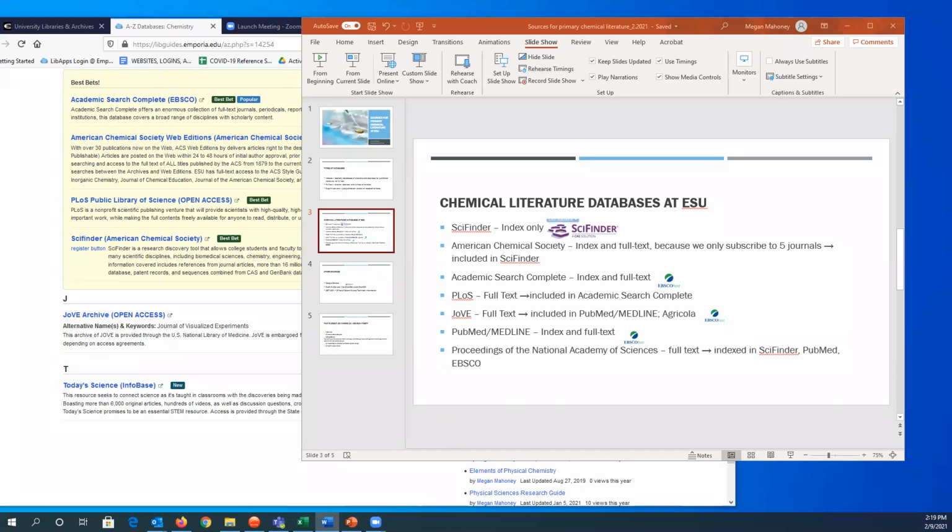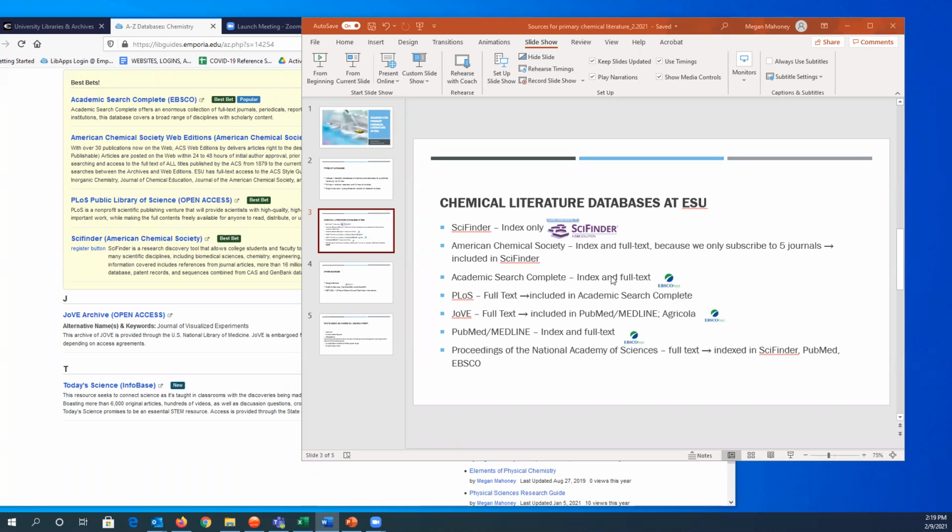Now, you might be surprised to see Academic Search Complete on this list. It's interdisciplinary, and I typically recommend it to lowerclassmen as a first stop on any topic because it is so diverse and contains scholarly and popular resources. However, it also indexes science journals, including the Public Library of Science journals, such as PLOS One.